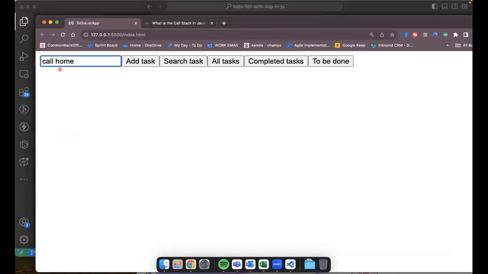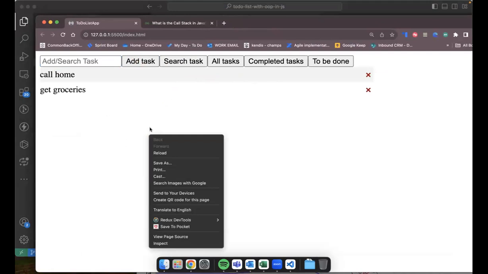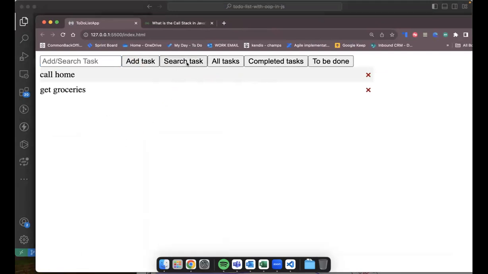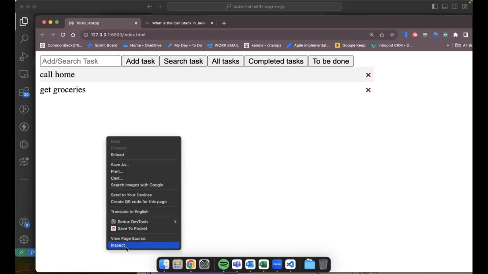Call home. I'm just trying to add some tasks. Get groceries. Okay, I added. Now you want to see how the search task is going to work. See, for the first time,